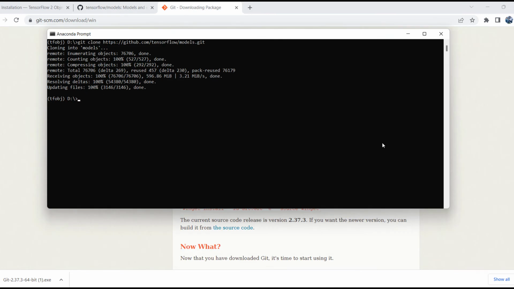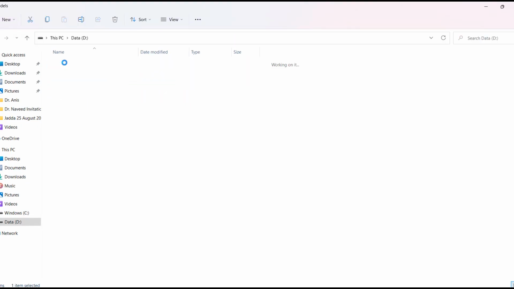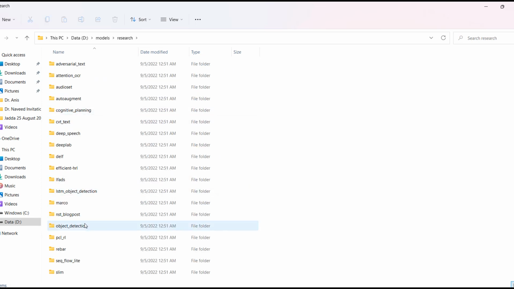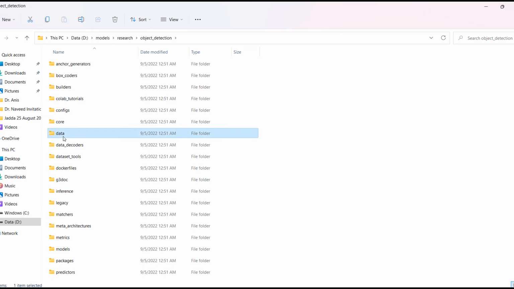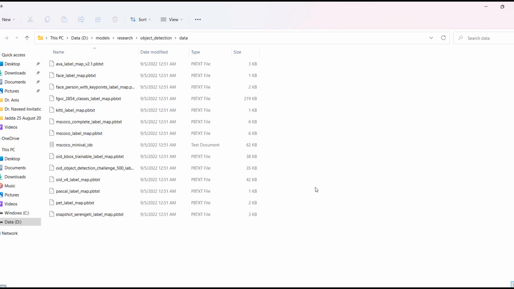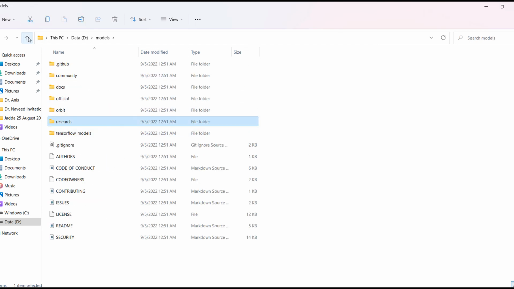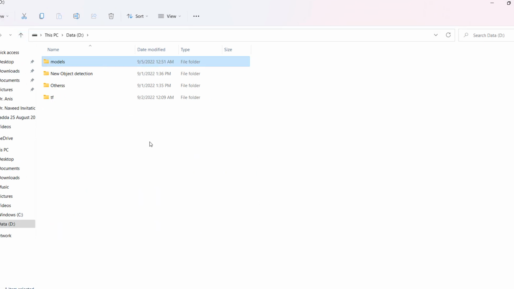Now the model has been cloned, and now we will check it in the folder. So here you can see models and research, object detection, data, and in the data you can find different models. So we will use all these models for object detection, and especially the MobileNet. So in the next playlist,